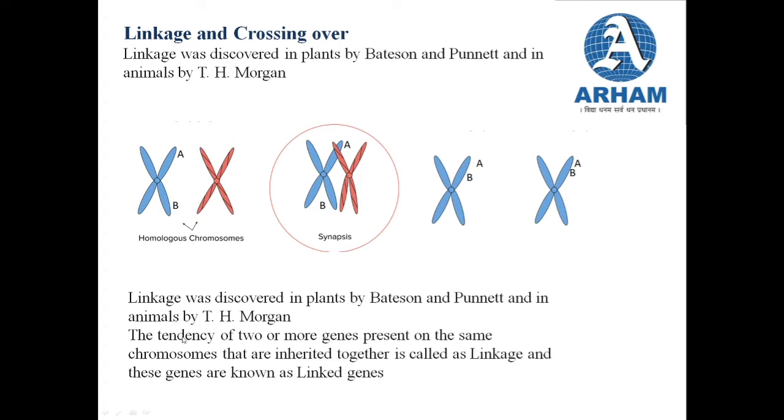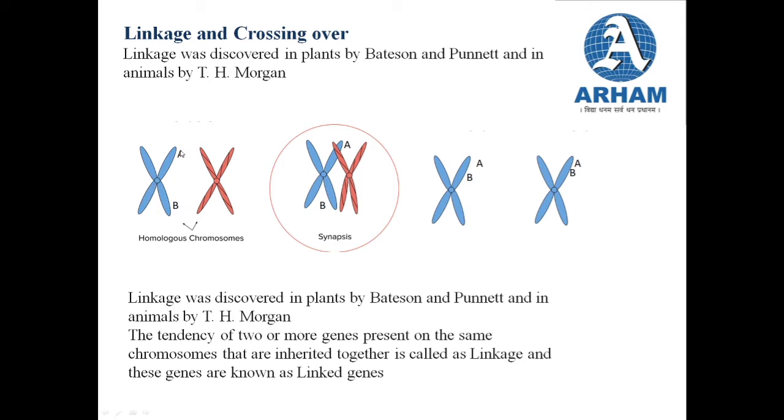Now suppose on a chromosome the genes are located at certain places that we call loci. We already know what a locus is, since we discussed it when we studied the homologous chromosome. A locus is nothing but a point on the chromosome where the gene is located. So suppose this gene is located over here, this point becomes the locus of this particular gene. Say there is a gene A over here and a gene B over here, and they are located on the same chromosome, as you can see.